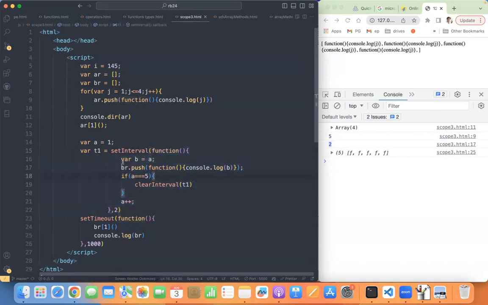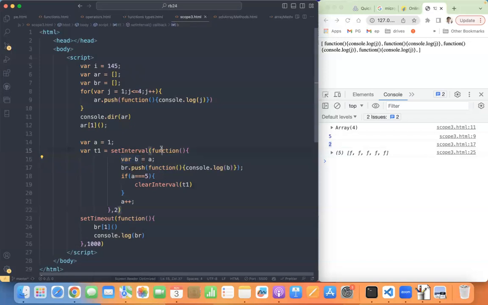When it is executing, it creates a variable b under function scope, and the b value will be assigned with a. By that time, what is the a value? 1. So now b will be 1, and console.log is pushed for this function with the b. So this function will be pushed into the array, but along with its parent scope.